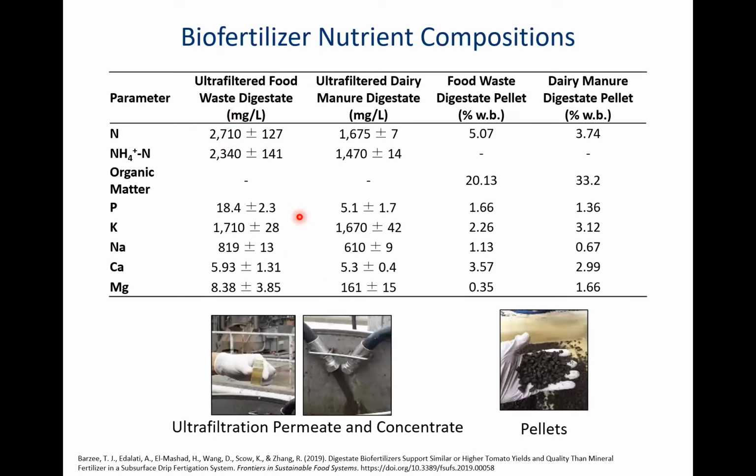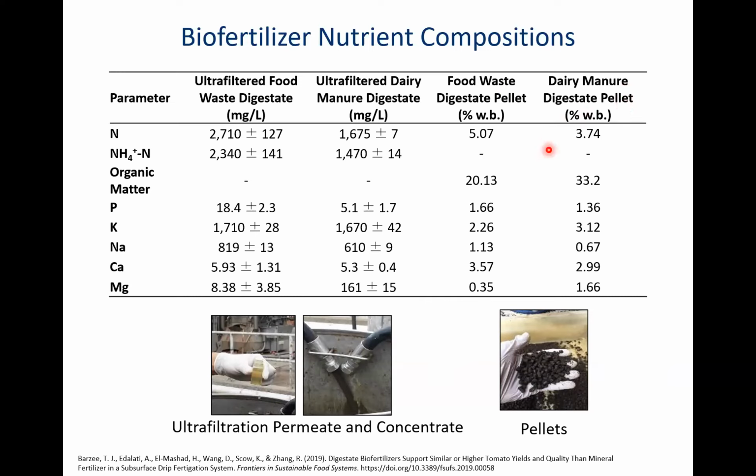Basically, manure, of course, has a lower concentration of different elements, except that maybe it has more magnesium here in this case. This is the pellets, basically after the digester, after pelletizing the solid fraction. We could actually produce digestate pellet with 5% nitrogen, which is actually a good fertilizer from food waste,